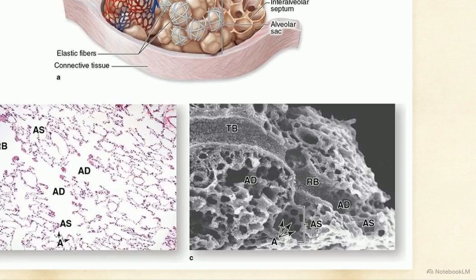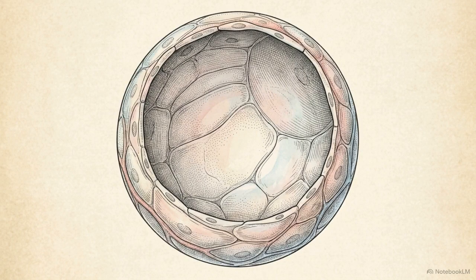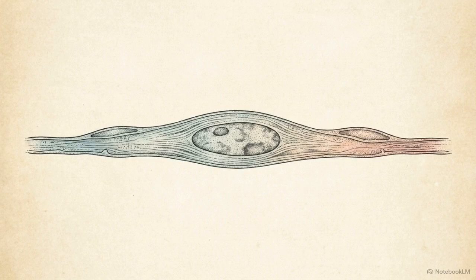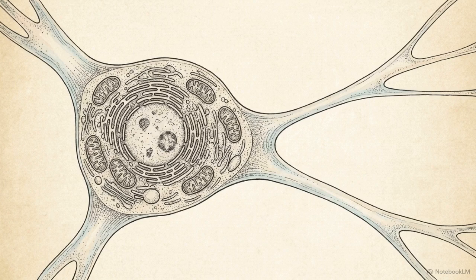This scanning electron micrograph reveals the sheer scale of the exchange zone. An adult lung contains roughly 200 million sac-like alveoli interconnected by tiny alveolar pores. 95% of this inner alveolar surface is lined by type 1 alveolar cells, also known as type 1 pneumocytes. To facilitate diffusion, these cells are heavily attenuated. Their organelles are tightly clustered around the nucleus, allowing the remaining cytoplasm to stretch to a thickness of just 25